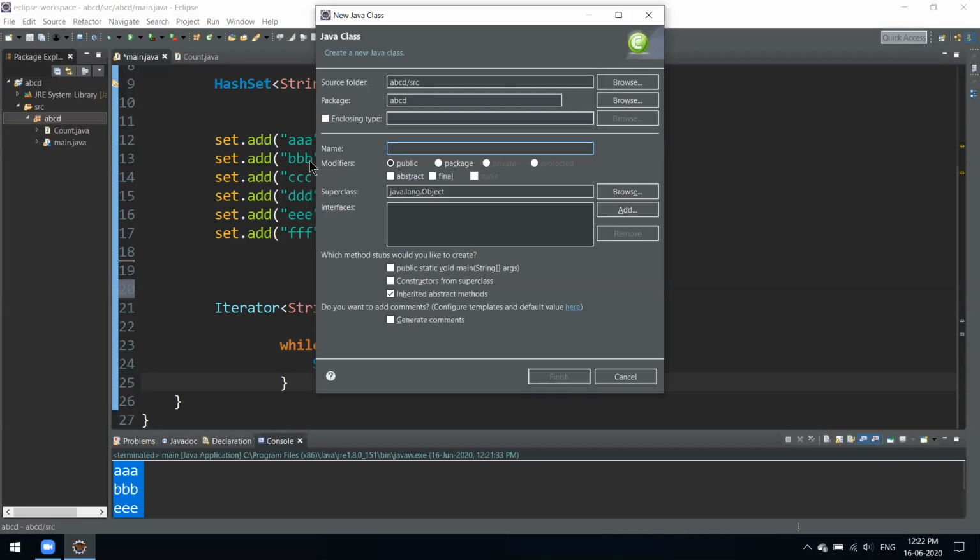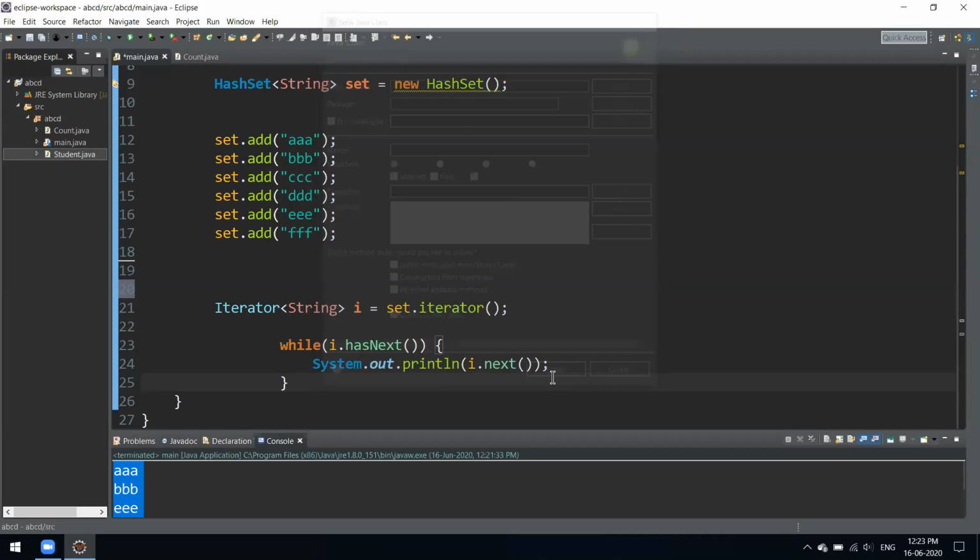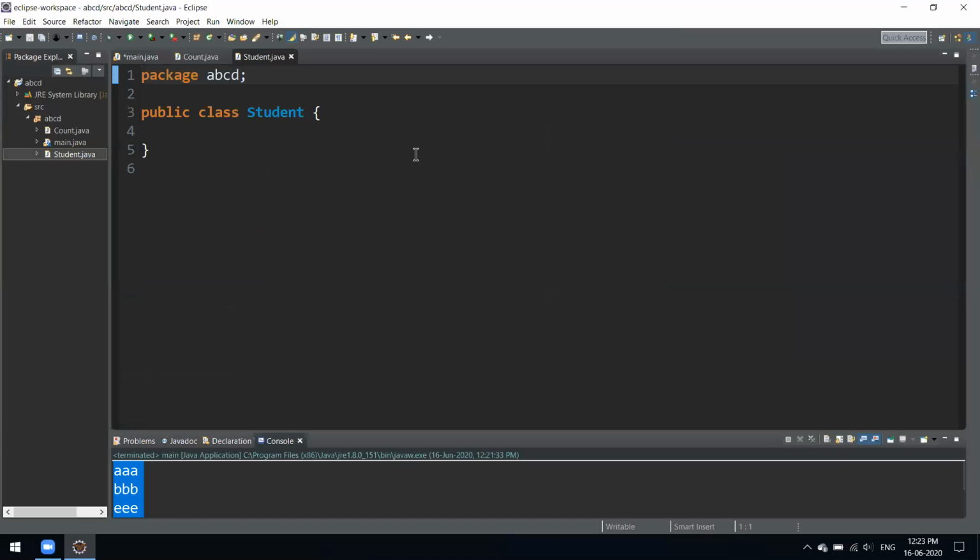We'll have a student class now, and inside the student class we'll have three or four entries, whatever you want. First one would be an integer, ID. Then a String, his name, and his class.